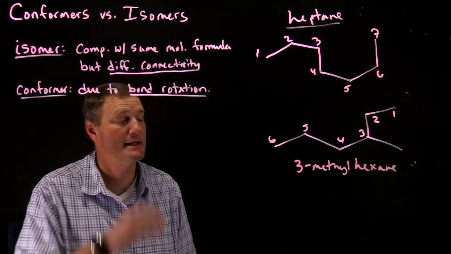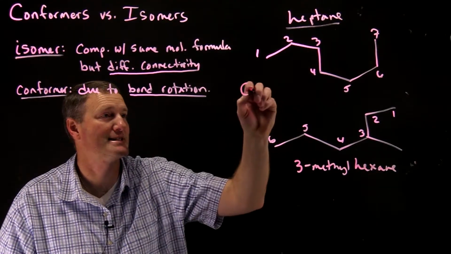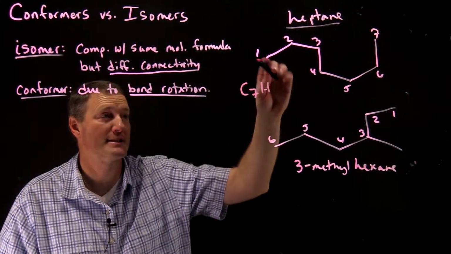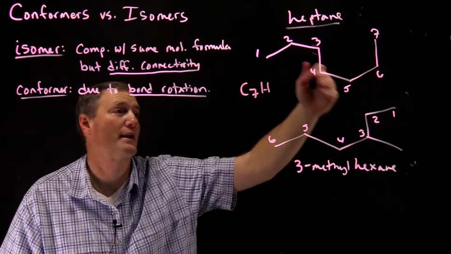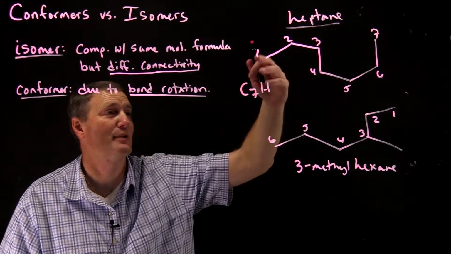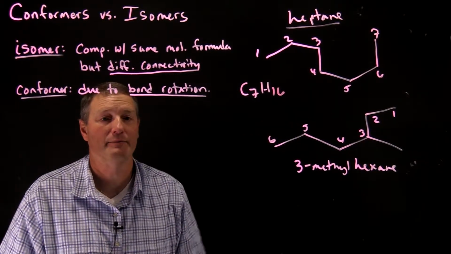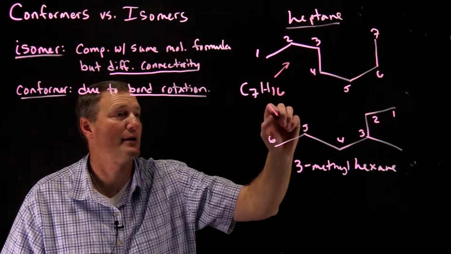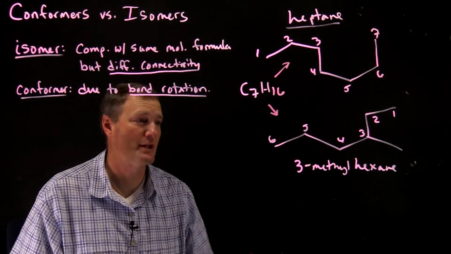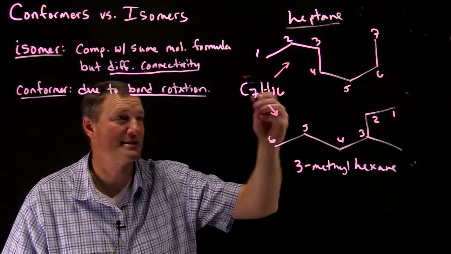Because these have the same molecular formula, they both adhere to C7H. Let's count them up. We got 3, 2, 2, 2, 2, 2, so a total of 5, that's 10 plus 3 is 13, 16. So that's the molecular formula for heptane. If we count up the number of carbons, we still have 7, and if you count up your total number of hydrogens, it does equal the same,